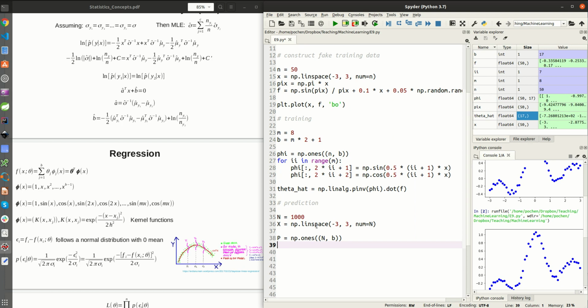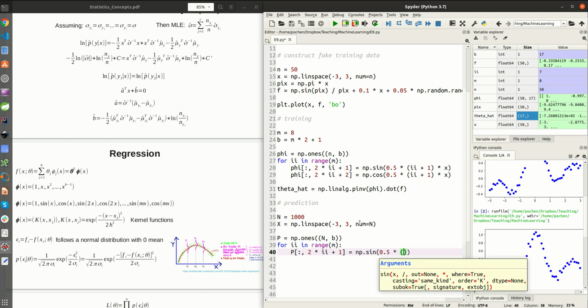And then we are going to repeat this loop for ii in range M. But now P[:, 2 times ii plus 1] is going to equal np.sin(0.5 times (ii plus